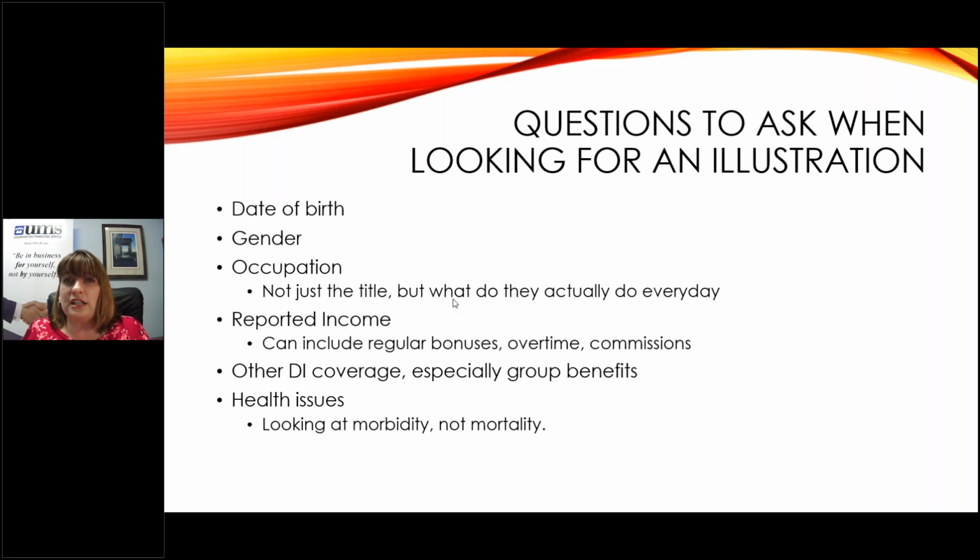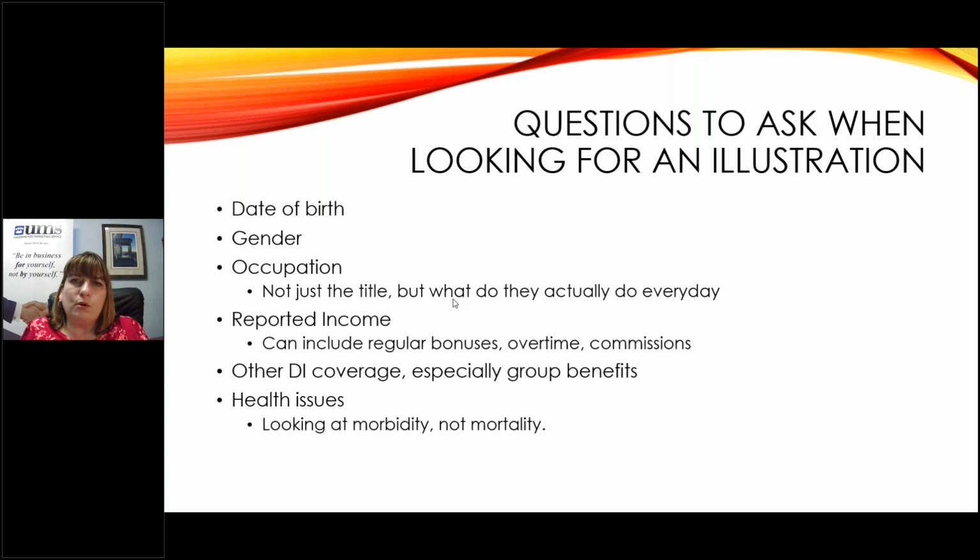We don't need a 3-page job summary, but what are they doing? If they are truly an IT specialist, are they someone sitting behind a desk at a computer remoting in? Are they the type of IT specialist that is coming in and wiring new offices and hooking up computers and servers and things like that? What type of IT service are they doing? If they're a contractor, what are they doing? Are they sitting in an office working on the advertising, the subcontracting, meeting new clients and doing estimates? Or are they actually in that home putting up the cabinets with hammer and nails? What are they doing every day?